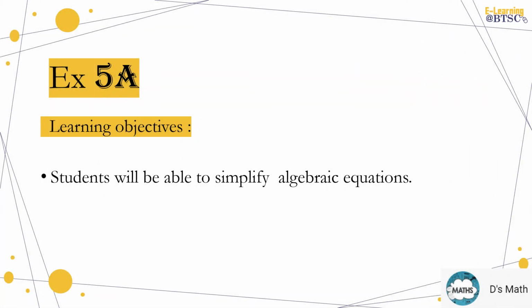In today's lecture, we will do chapter number 5 of Oxford book D1. And what are the learning objectives? In today's lesson, we will do all the simplification of algebraic equations. One thing should be kept in mind, we should be clear about what is an equation and how we can solve or simplify them. All those expressions that involve the equality sign are known as equations. All the expressions, when they are linked by an equality sign, are known as equations.